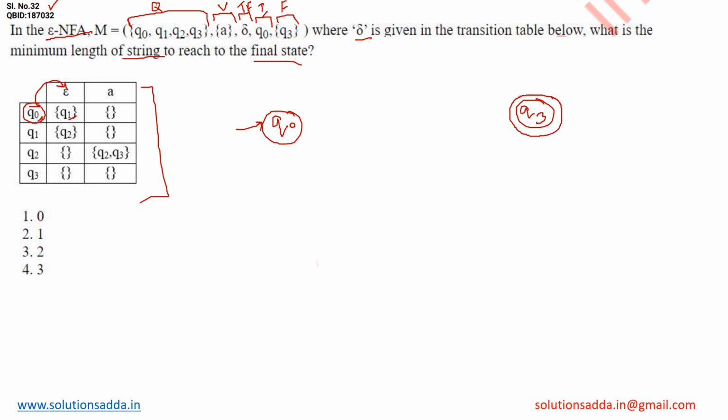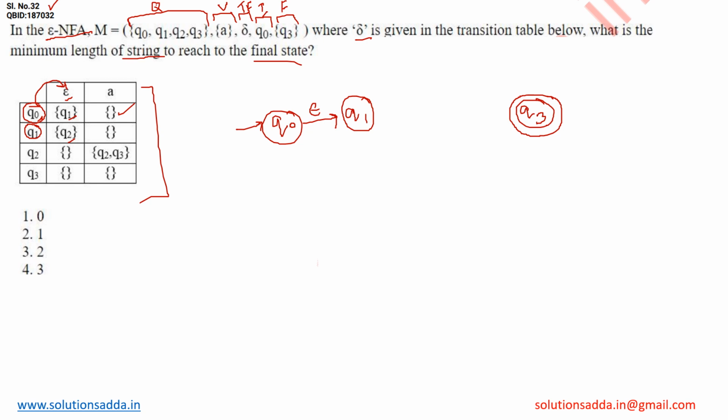This is the beauty of the epsilon-NFA, where we need not apply any symbol on a particular state to reach the next state. Here I am applying epsilon in order to reach the next state. Here I have Q1, because in the table it is clearly mentioned that on Q0, if I apply epsilon, I will get the next state, and on Q0 there is no transition on the symbol a, it is null. Next, on Q1, if I apply epsilon, we will get the next state,